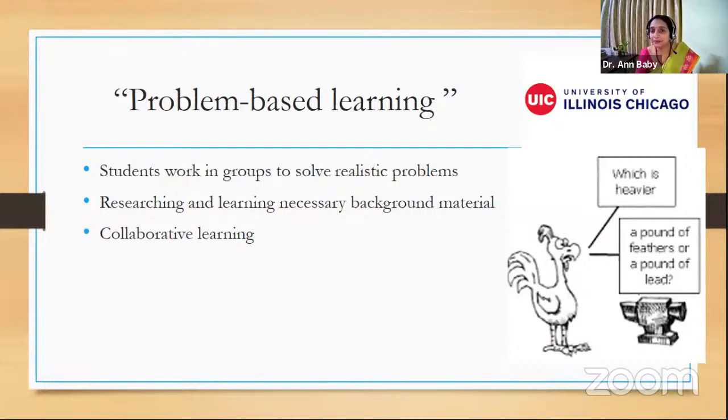You pose a question, a realistic question, of course. I put a very funny question over there. Which is heavier, a pound of feather or a pound of lead? Okay, so you can type in the chat box. If a pound of feather is heavier, type in a 1. And if a pound of lead is heavier, type in a 2. Manoj sir, equal weight. Same. Yeah. We know it is the same because both are a pound.